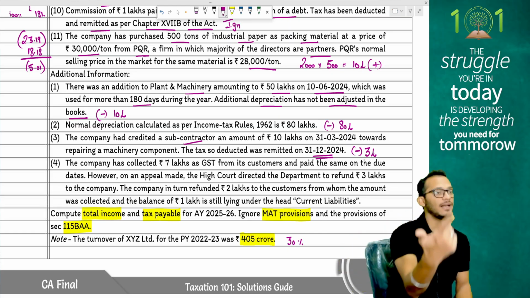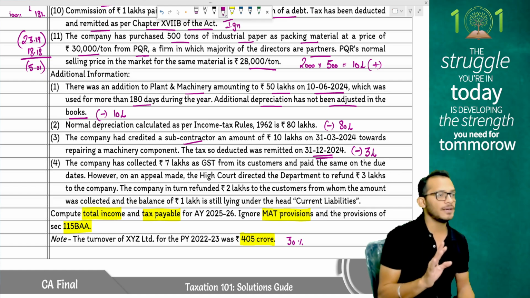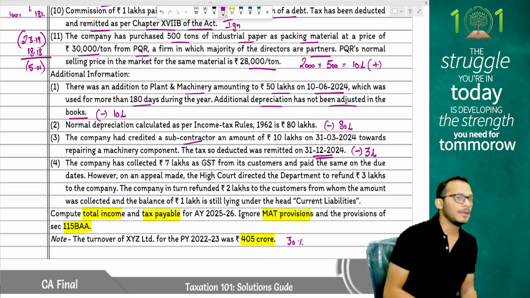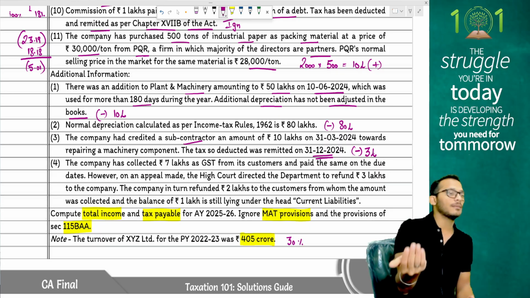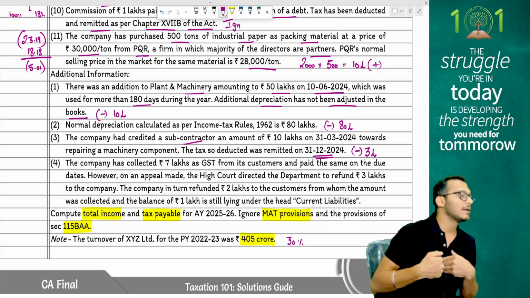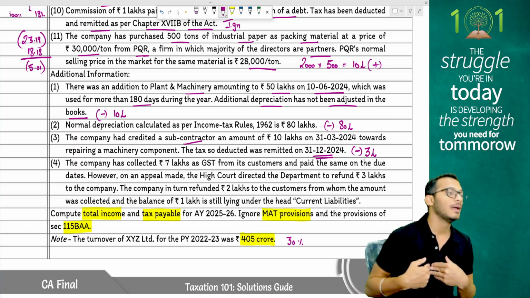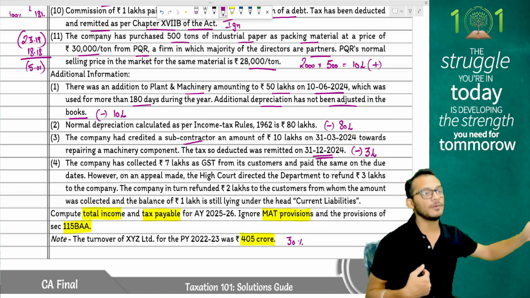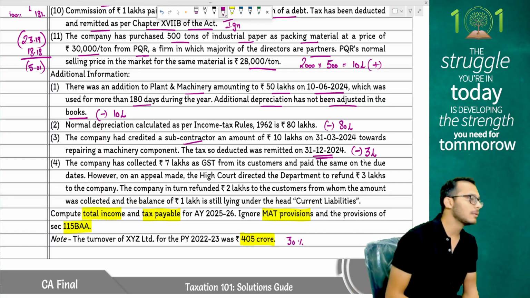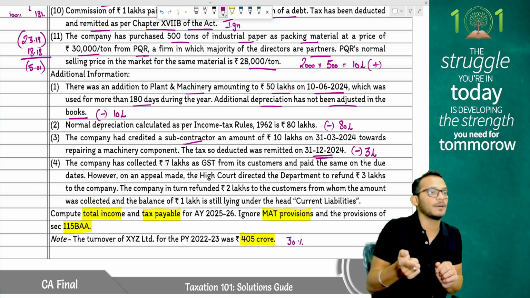Notice carefully, people. I have first paid 7 lakhs of GST, which means when I paid 7 lakhs of GST, I would have debited to P&L. Normally, you're not supposed to do it, but assuming you have debited to P&L. Now, when you went on an appeal, High Court came and said refund back. So I have claimed back 3 lakhs, which I should have put in P&L. Notice carefully what they have done. In that 3 lakhs, they have now decided to refund back 2 lakhs. They have now refunded back 2 lakhs, which means 3 lakhs would have come to my P&L, 2 lakhs would have gone out of my P&L. Net effect becomes 1 lakh.